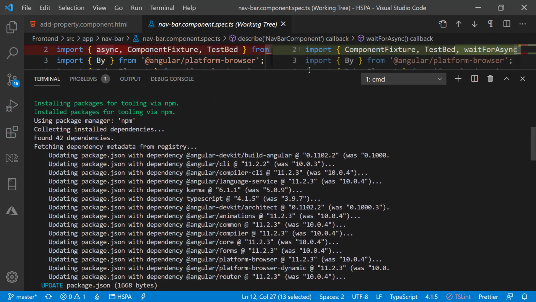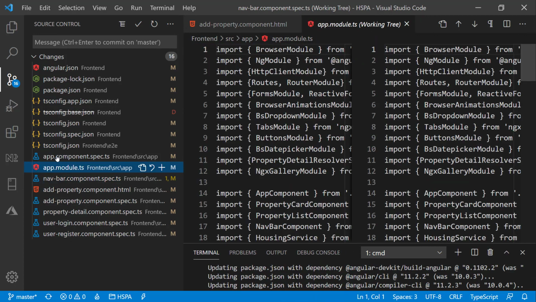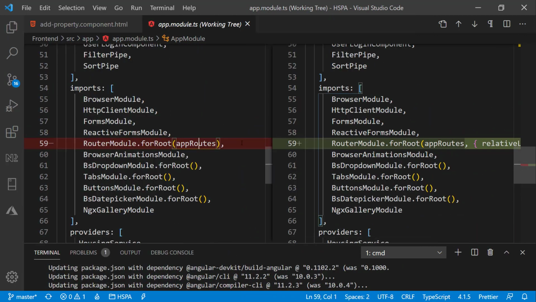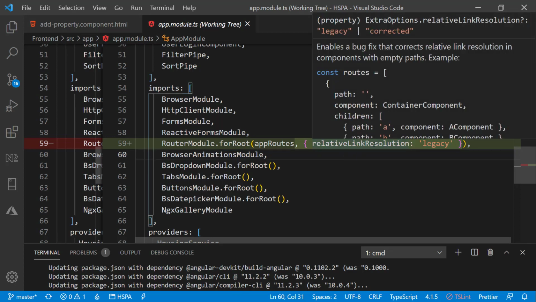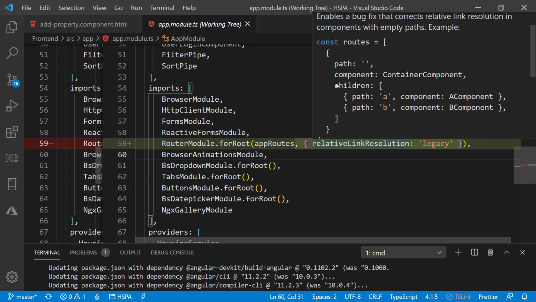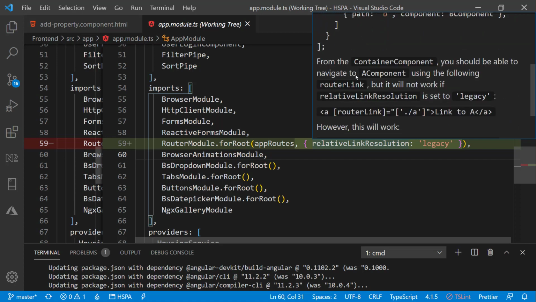Let's understand what relative link resolution property does. So migration have added this new property and set this to legacy. If you will take the mouse over this property, so the problem is that if we have created a hierarchy of routes like this, where the container component has a blank path, that means if the container component is the base URL, we should be able to navigate the A component like this, ./A using router link.